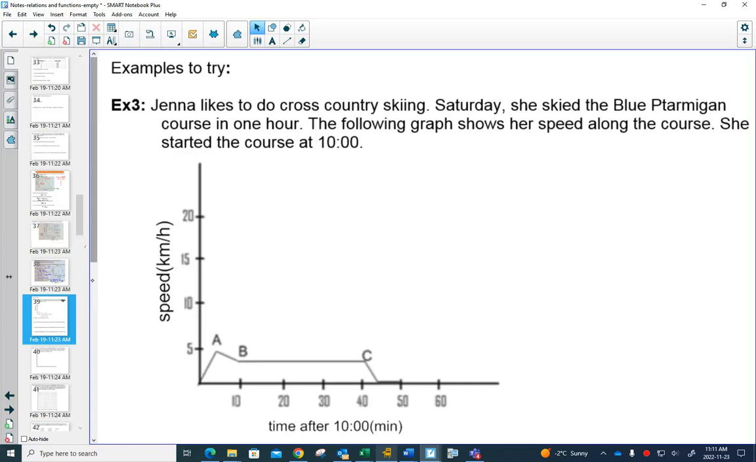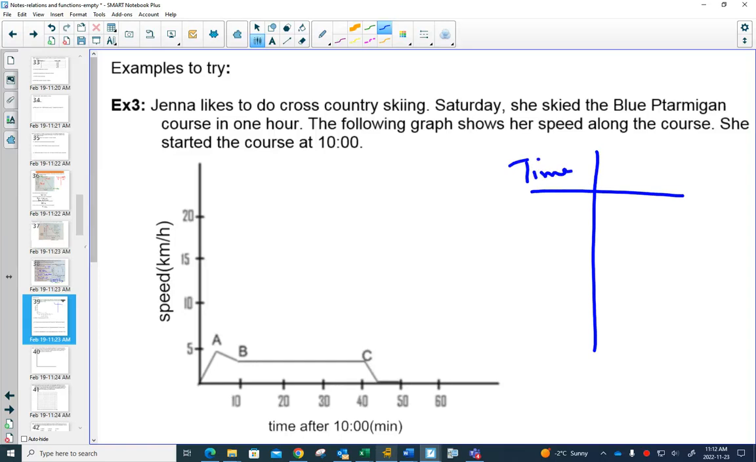Jenna likes to do cross-country skiing. Saturday, she skied the Boot Ptarmigan course in 1 hour. The following graph shows her speed along the course and time. So again, you could make a table of values of this. If you made the table of values, time would be first because that's your x or independent value, and speed